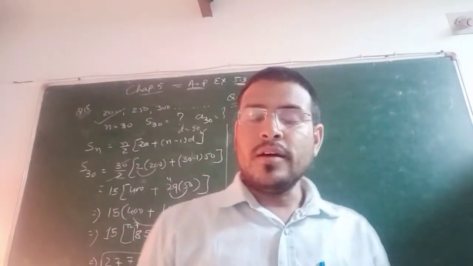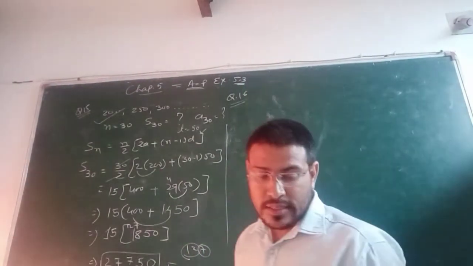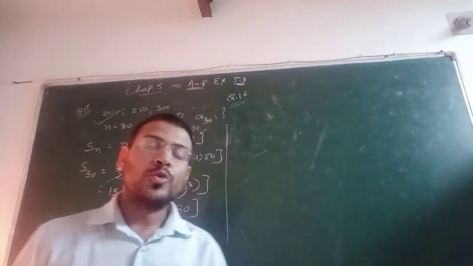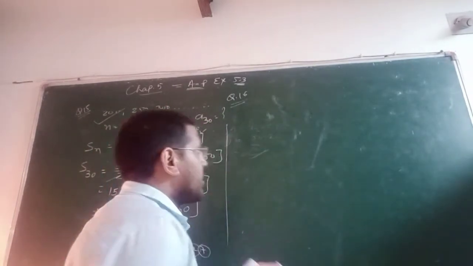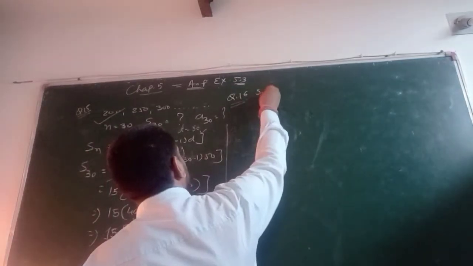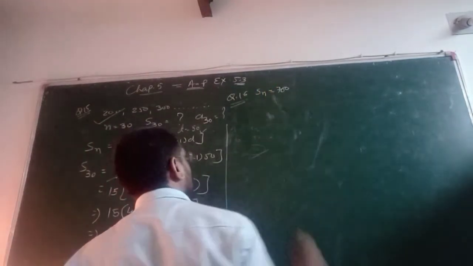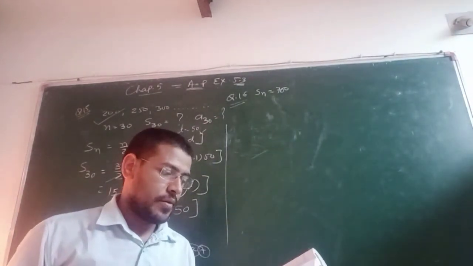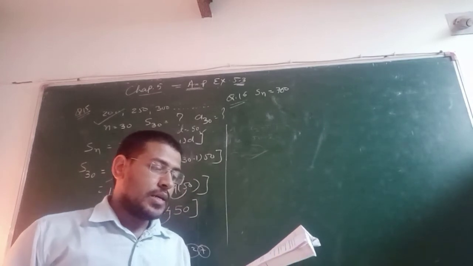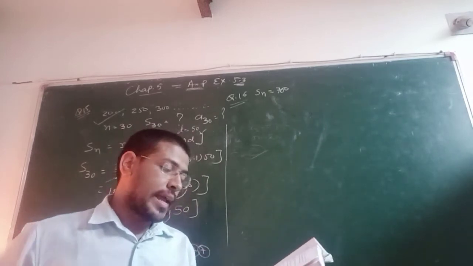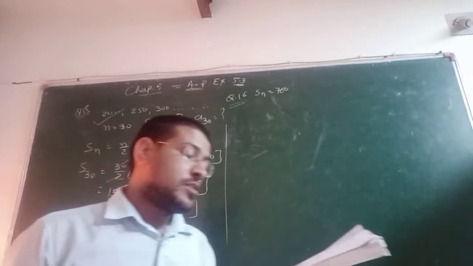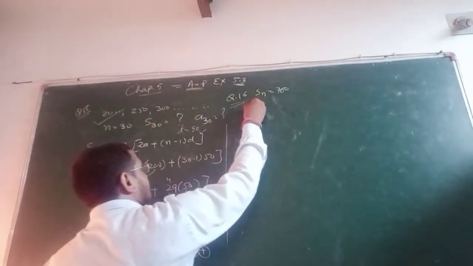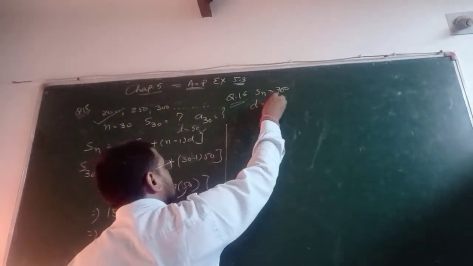Now the next, now the question is 16. A sum of 700 rupees is to be used to give 7 cash prizes. So total amount हमारे पास कितनी है, 700. तो ये जो total amount दिया है ना, इसको Sn बोल सकते हो, ठीक है. So 700 रुपए को मुझे 7 prizes में distribute करना है. Okay. Then to students of school for their overall academic performance, if each prize is 20 less than preceding prize. Now this d is given. If each prize is 20 less than preceding prize, less है मतलब